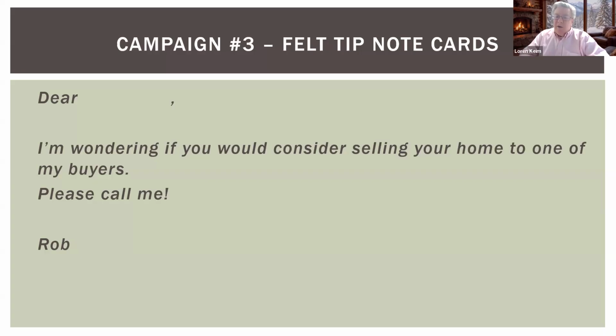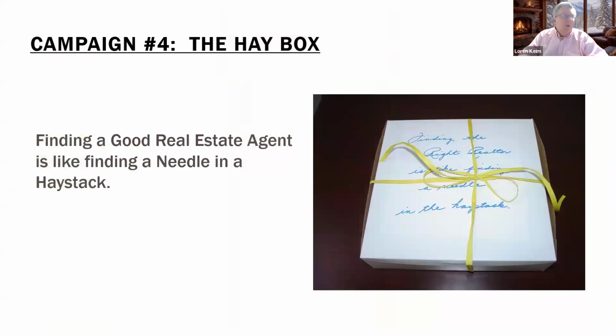And they might say, "Well, why didn't you sell it when it was on the market?" Well, at Century 21, we try and sell our own listings first. That's what our home sellers pay us to do. And that's what's fair to our sellers. Anyway, I wouldn't mind stopping out and at least taking a quick walk through your house. That way I can tell you whether or not it will work for any of my buyers. And he was getting about 1 out of 8 of these. So another method that worked effectively. Third or fourth one,